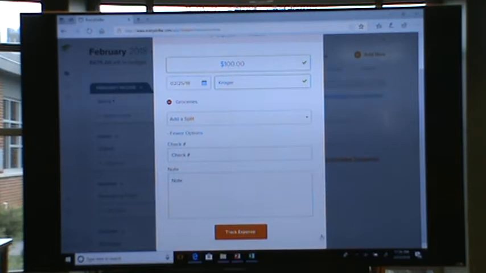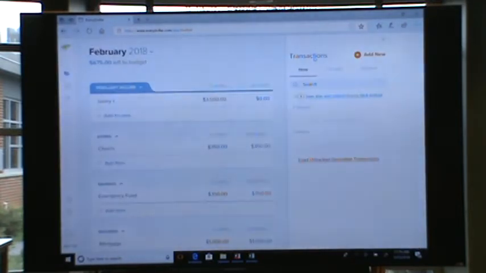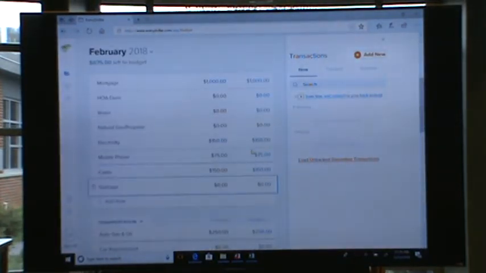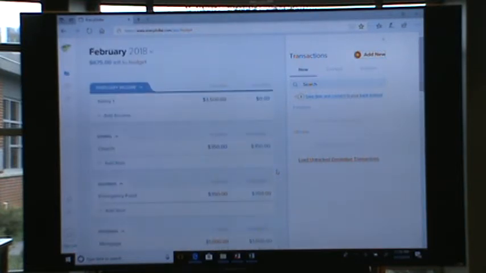And then just click. Come on. Oh, I can just close it out. You can tell I don't use this very often. So what's nice is this will tell us, if I scroll down to food, that I had planned $500 in spending, but I only have $400 left based on what I put in there. So that's just kind of how this works.